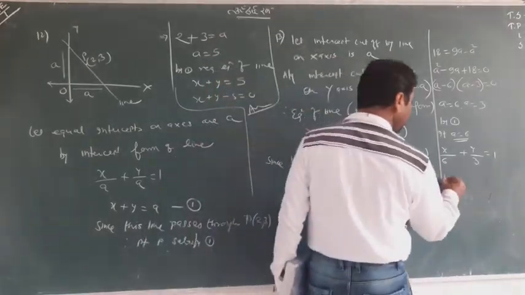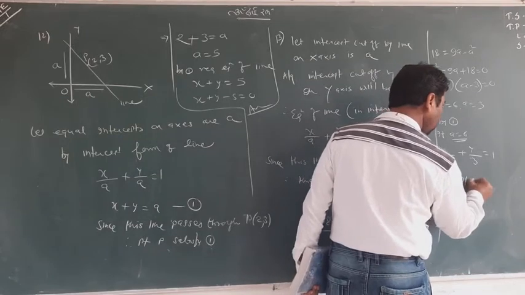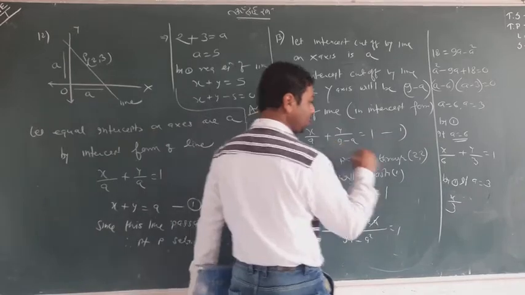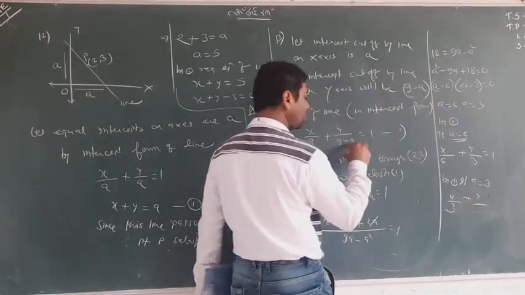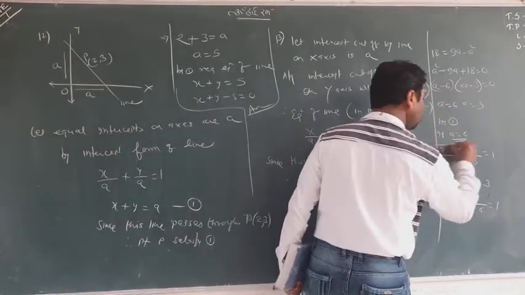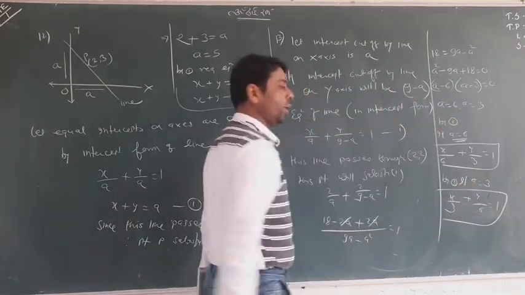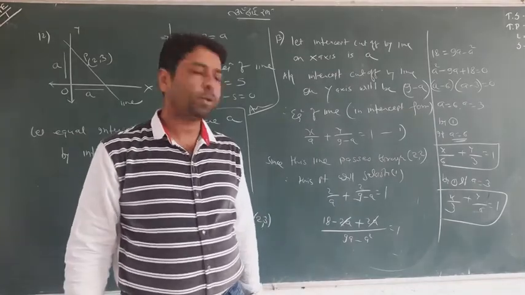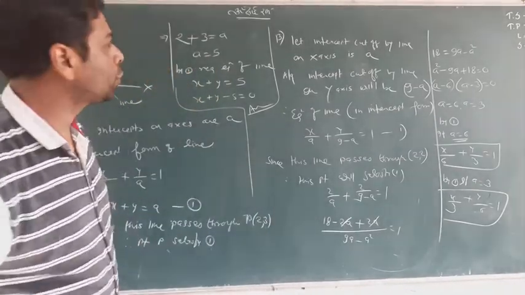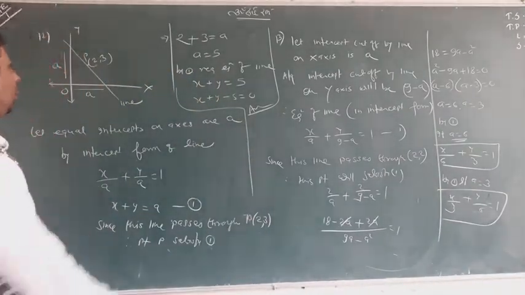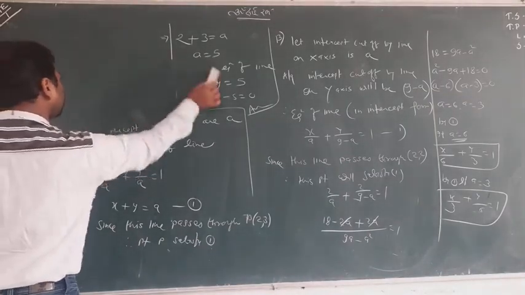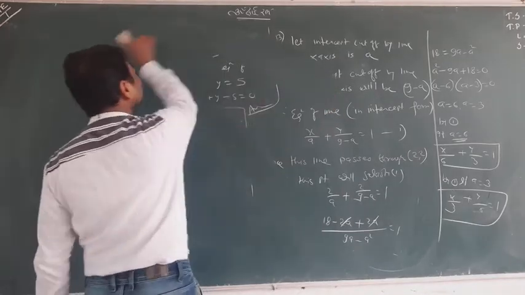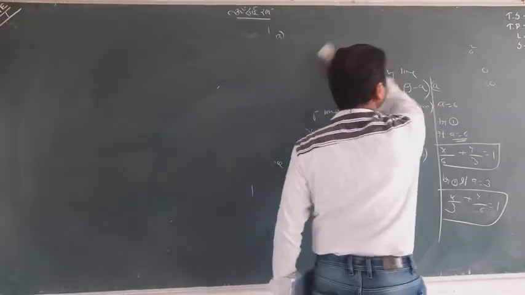Okay. Again, if A equal to 3, what is the answer? X by 3 plus y by 9 minus 3, which is 6, equal to 1. So this may be the answer, and that may be the answer. Both answers are absolutely correct. So hope you have got the concept. Both questions we have done with good effort, and perhaps the concepts are now clearing in your mind. Okay, let's wrap up this section.